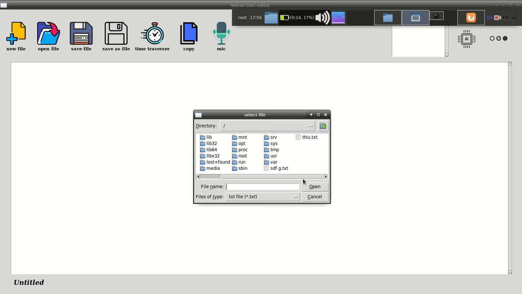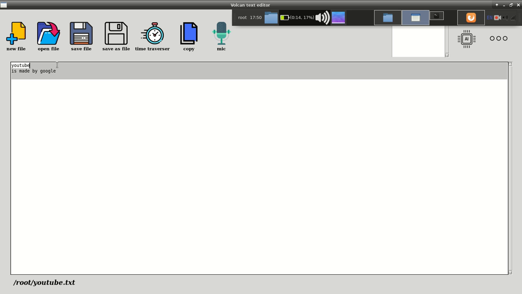Open youtube.txt. Let's open this. Okay, we are getting the same. You can also modify this and save it with another name using save as file. So we have added functionalities to these two buttons.